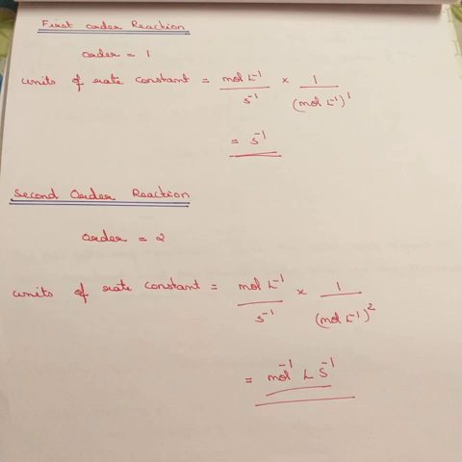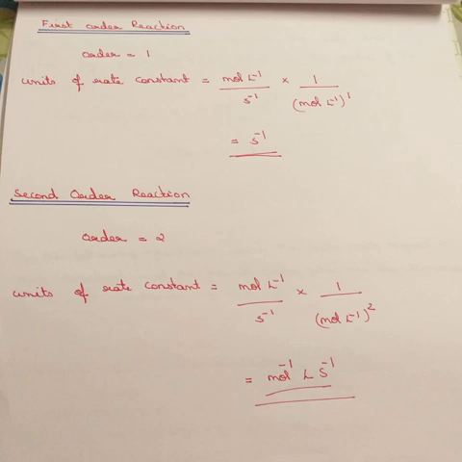So, rearranging the equation, K is equal to rate by concentration of A raised to x into B raised to y. We know the unit of rate. In the last section we were discussing the unit of rate. The unit of rate of a reaction is concentration per time. So, instead of rate we can write the unit as concentration by time into 1 by concentration of reactants raised to n. Taking the SI unit of concentration as mole liter raised to minus 1 and time as second, we can find out the unit for different order reactions.